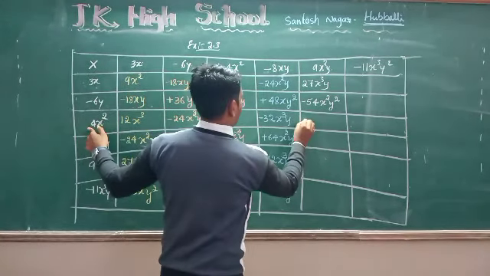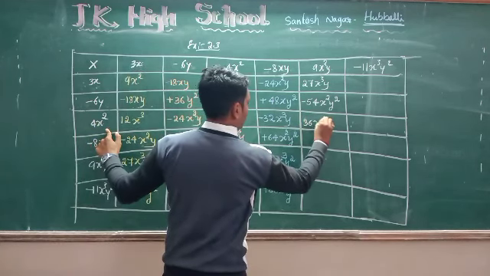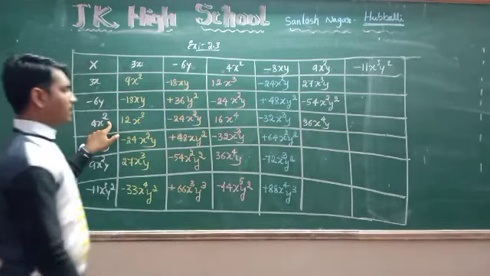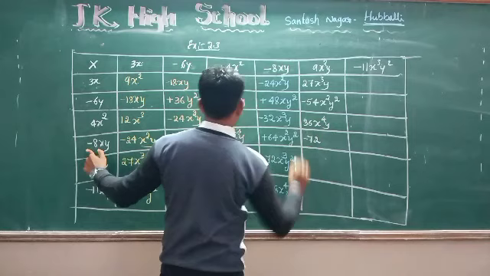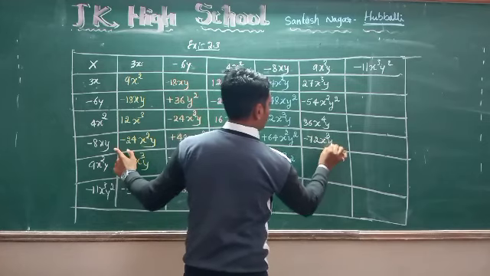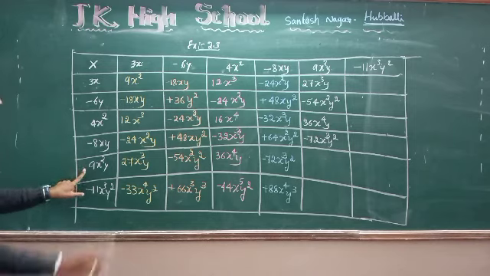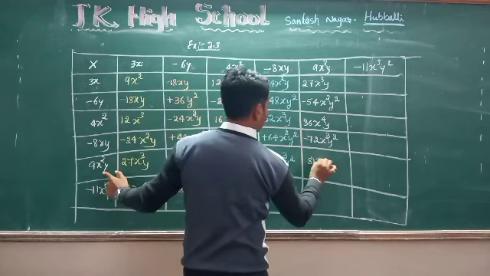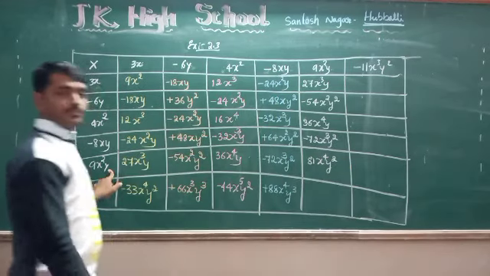Let's come to this one. 9 4s are 36. x square into x square, x to the power 4, 2 plus 2 is 4. Remaining y as it is. Next, 9 8s are minus 72. x into x square, x cube. Next term, y into y square. y into y is what? y square. And this one, 9x square y: 9 9s are 81. x square into x square, x to the power 4. y into y square. Correct?